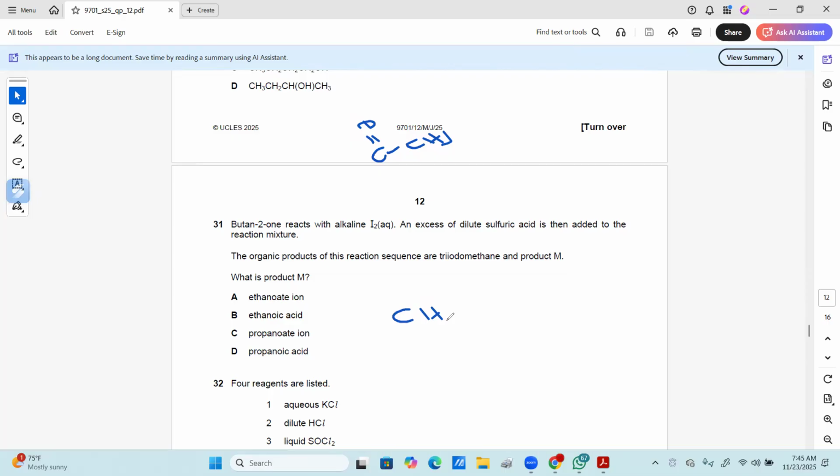The bond will break from the carbonyl group. The methyl ketone part, it will break from there. Then you get a yellow precipitate. It should be now in the acidic solution. So you can get